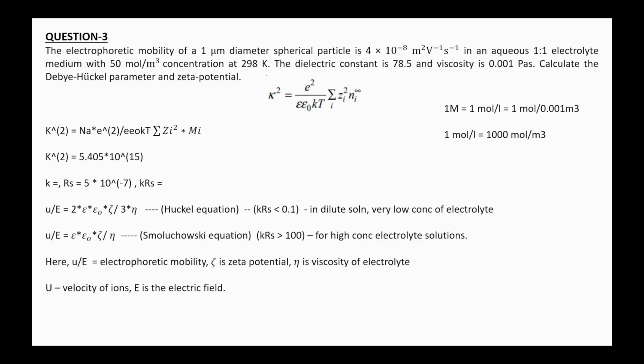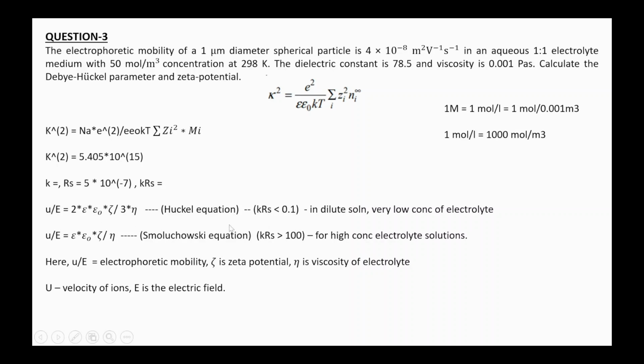So here rs is nothing but the radius of your spherical particle which you are taking under consideration. Once you get the product of kappa rs, depending upon the value of kappa rs, you have to use the respective equation. So if you see here, I have previously written this condition. If your value of kappa rs is going to be less than 0.1, then you are supposed to use the Huckel